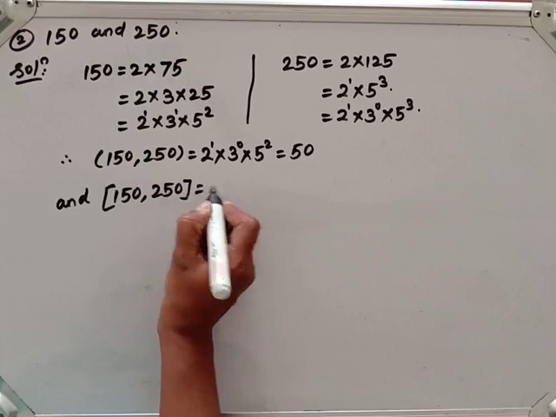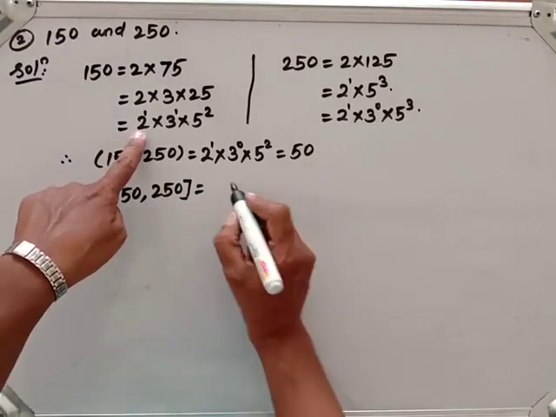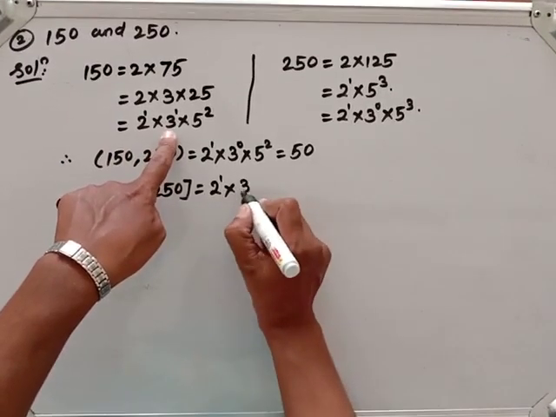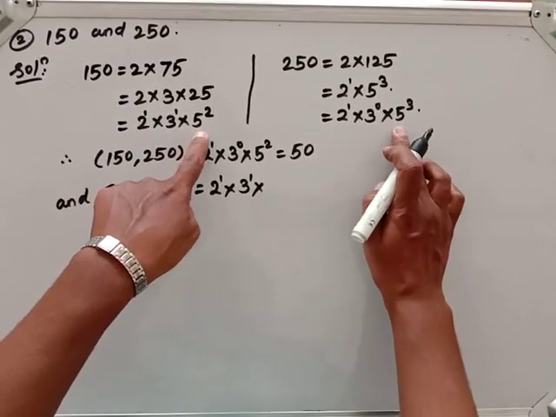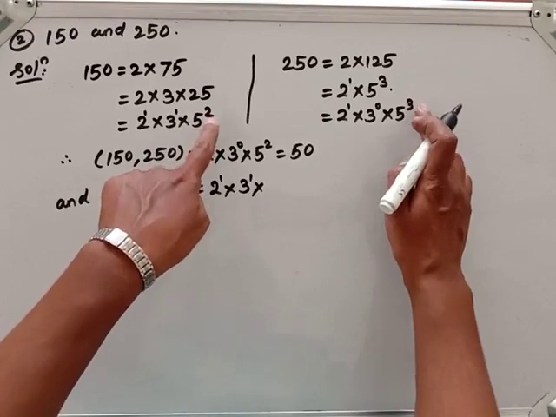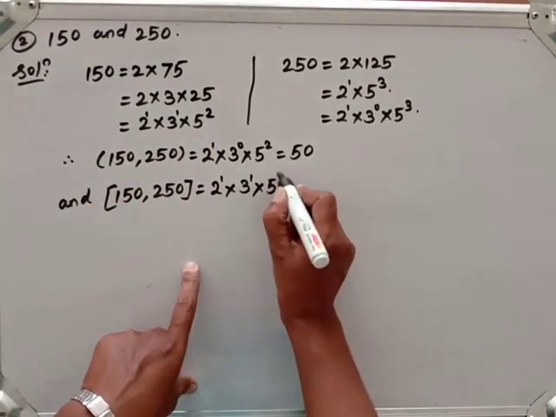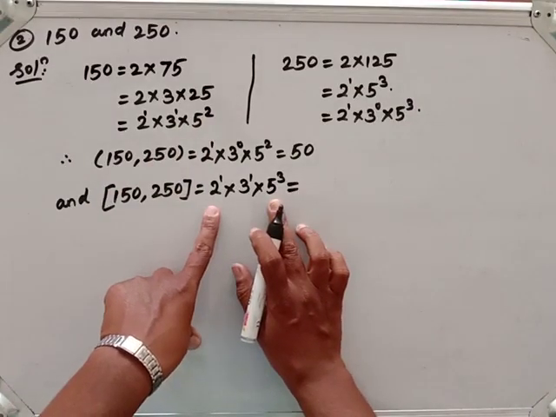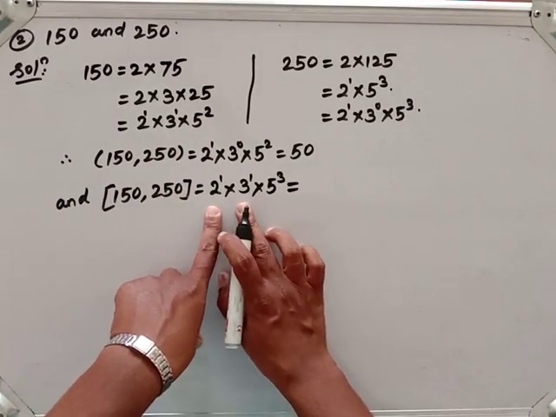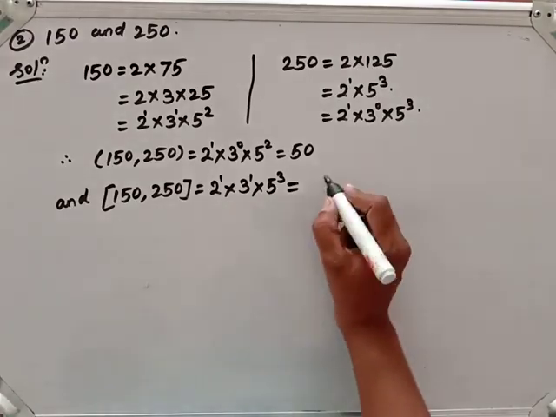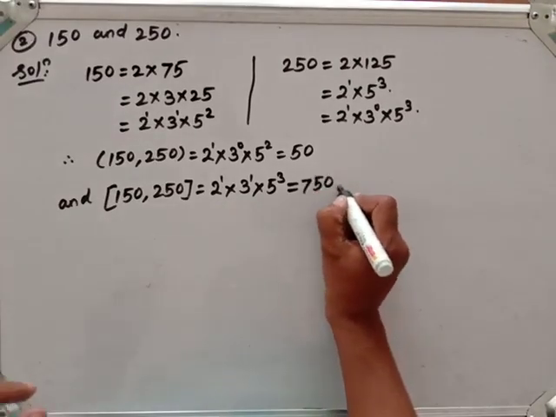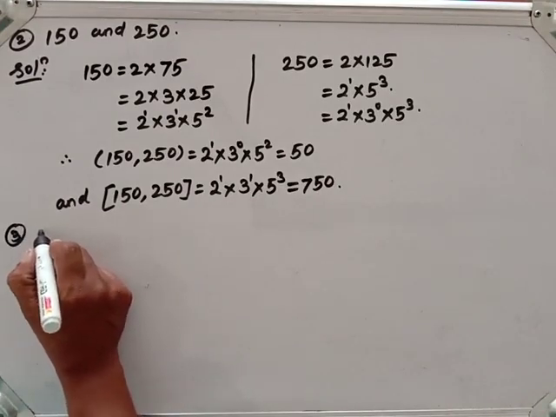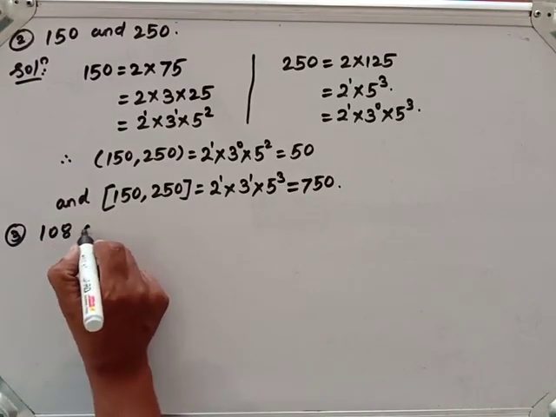Maximum, product of the maximum ones we have to take. Now this is again same. Now here maximum is what? 3 raised to 1. Now here, which one? This index we have to see. So this is 5 cube. So 5 cube is 125. 125 into 6, so that will be 750. Now the next one, suppose the pair is 108 and